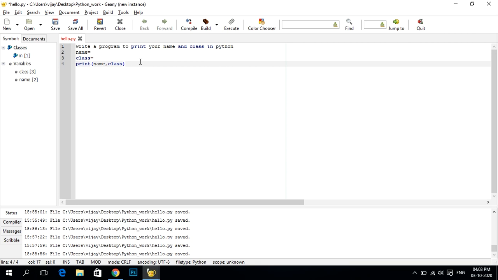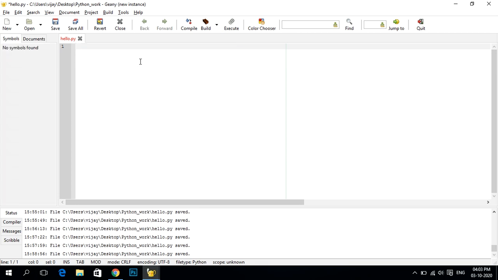Okay, you can also write an addition program. Write a program to add two numbers.